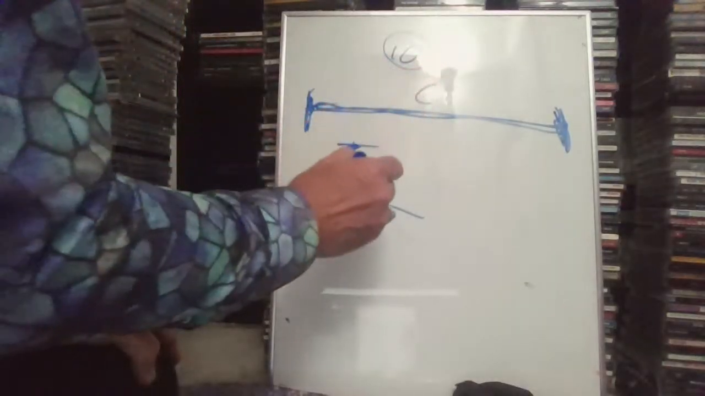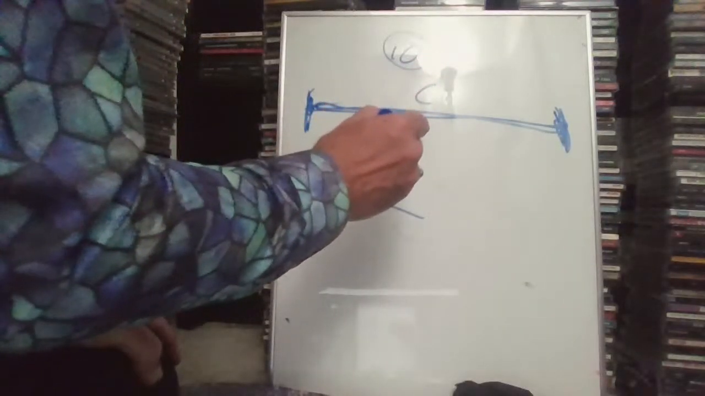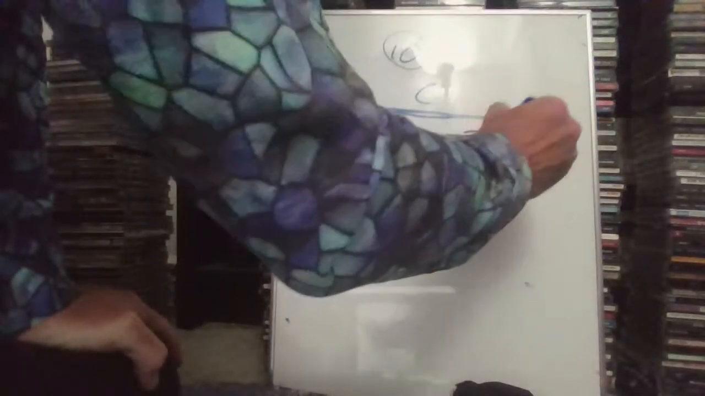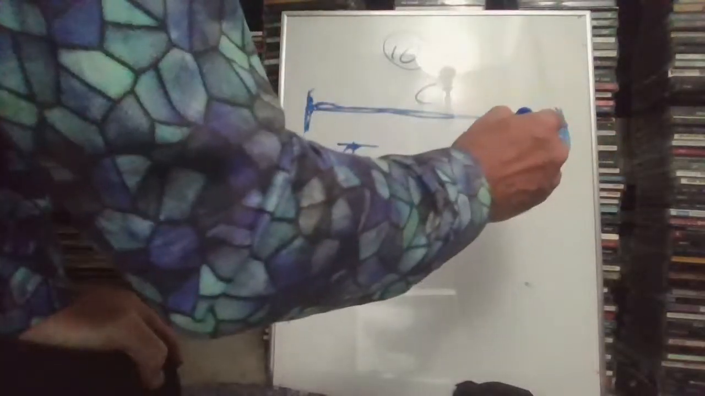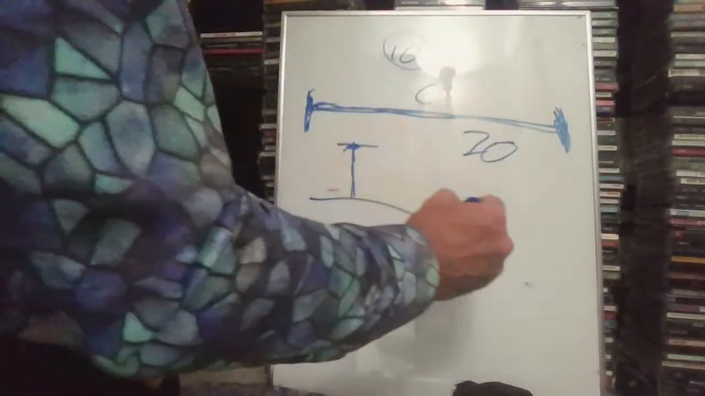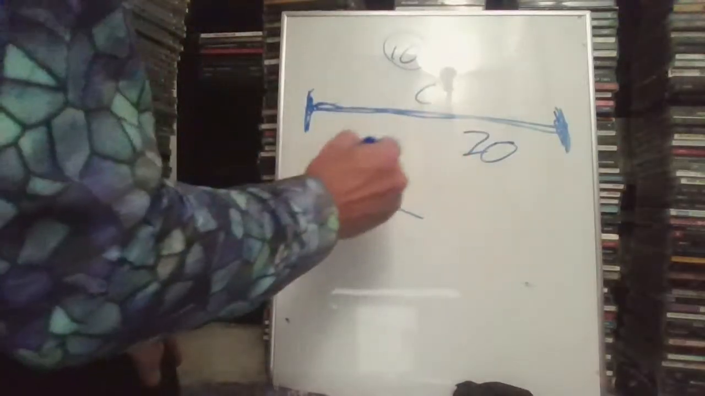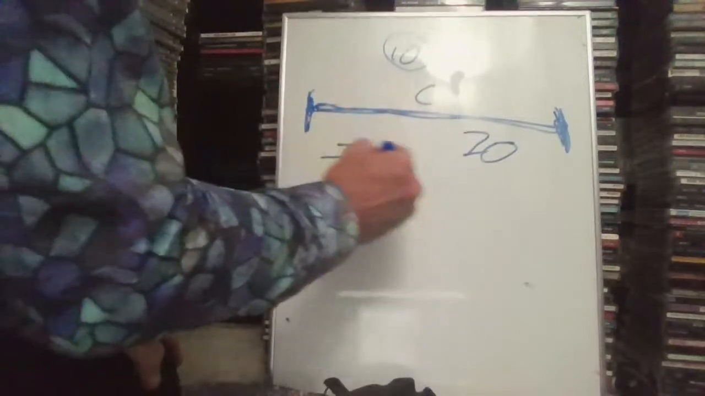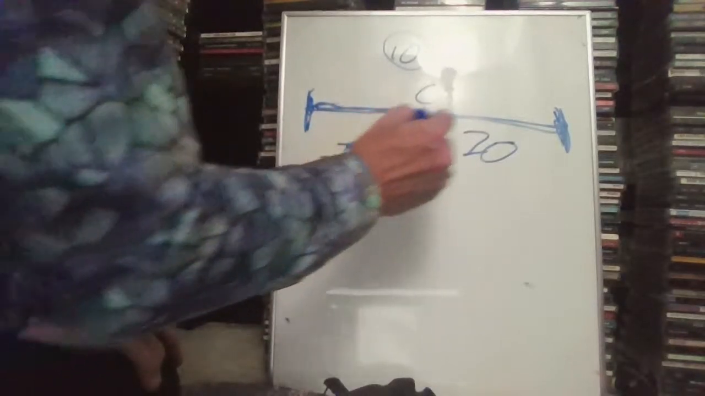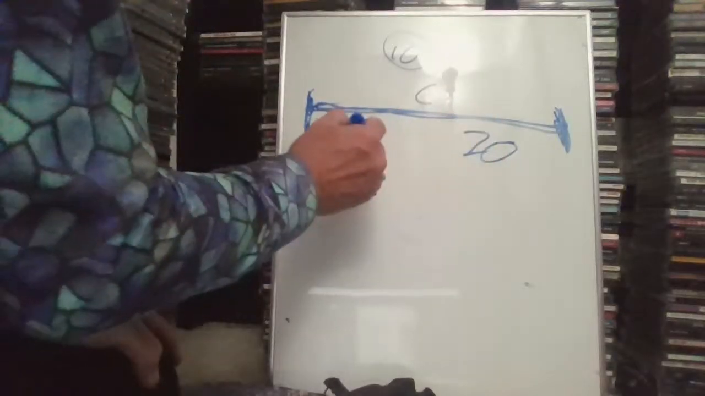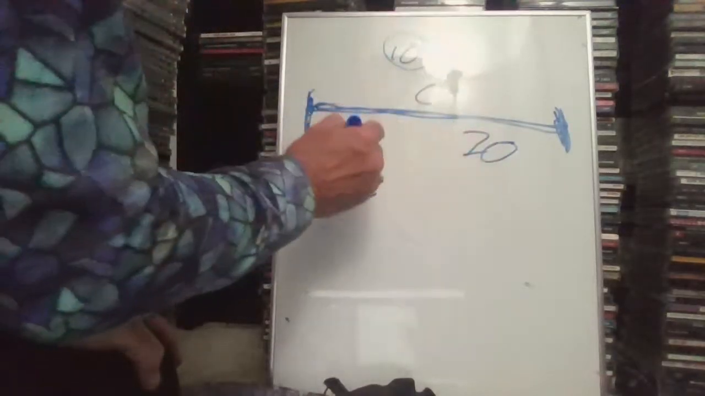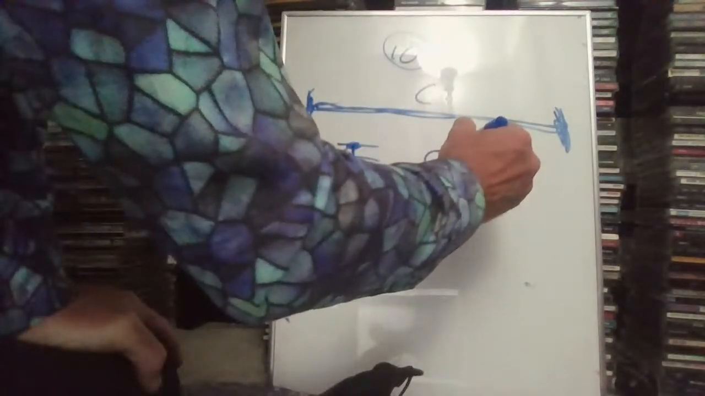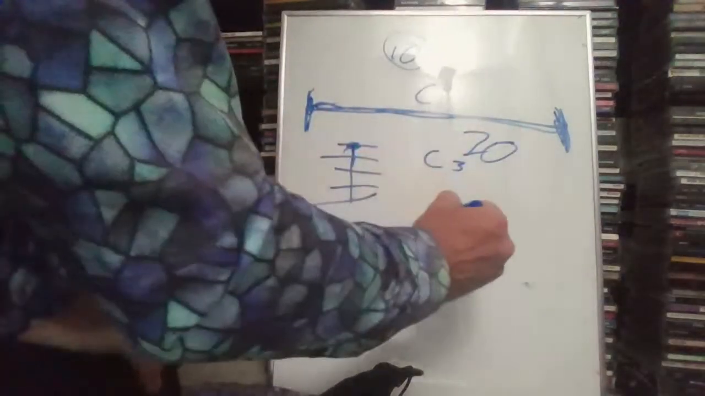Another string could be 20, which would be twice the period or half the frequency. And if it's half the frequency, it would be a lower note. So if C is on a staff and one of the notes is here, the lower note would be an octave under the original note, and that's called the first undertone. So if I have C, let's call it C3, then C2 is the first undertone,